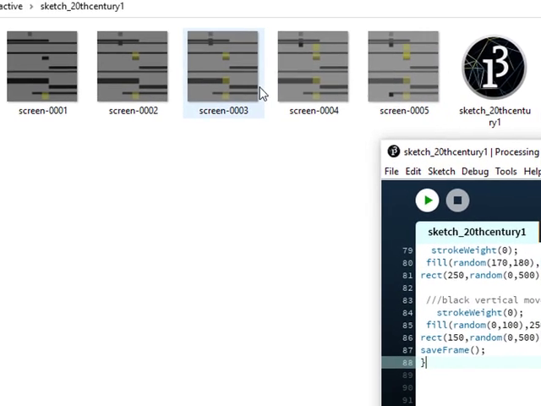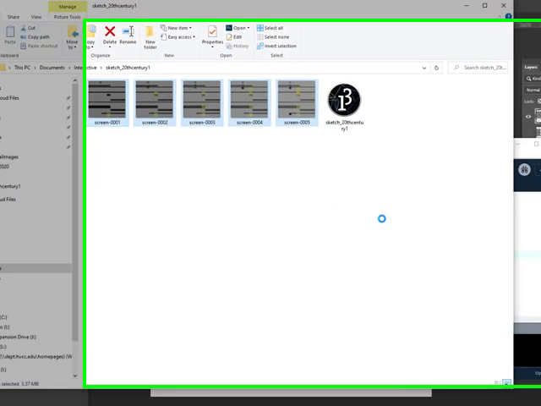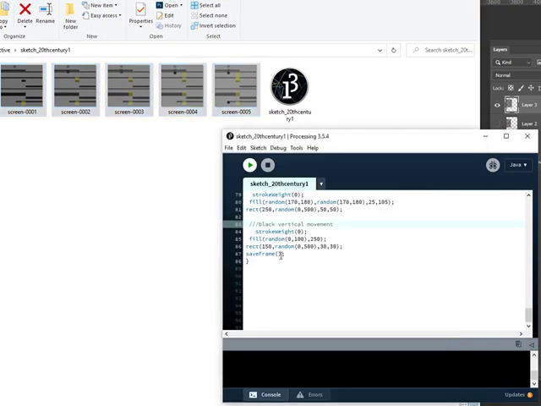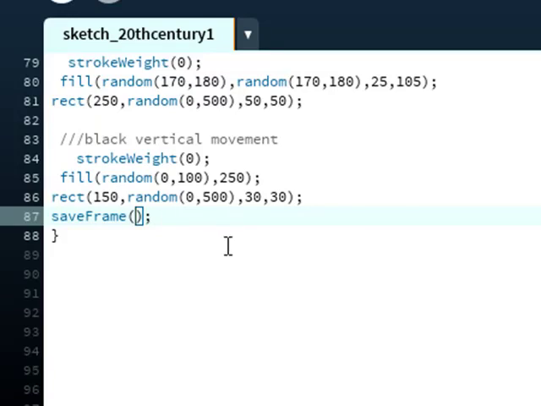What would be better is if we had all of these in their own folder, so they're separate from our original Processing sketch. So I'll just delete them. And let's change this code to be a little more specific and have it save in a folder. So this time, within my parentheses, I'm going to give it an argument. The argument's going to be the name of a folder that Processing will create for me,